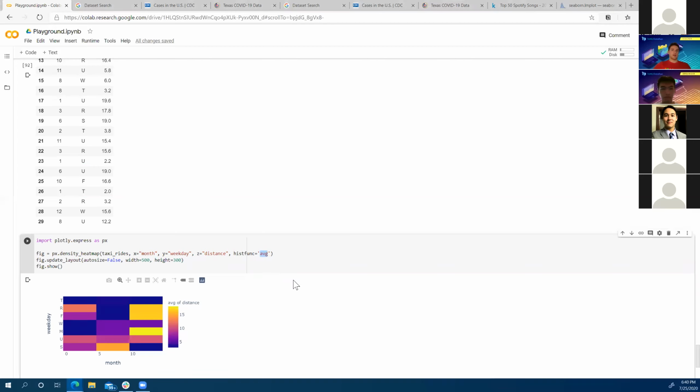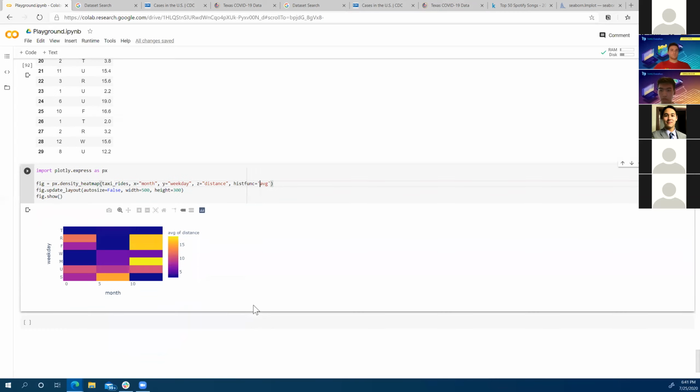Yeah, I think it can. I don't know the keywords for those different types of functions, but I'm sure you can do median or something like that. I'm sure there's different types of aggregation functions for these particular combinations of variables that you can do. Good question.